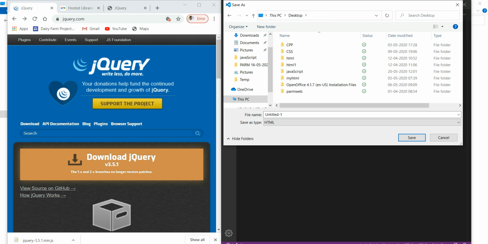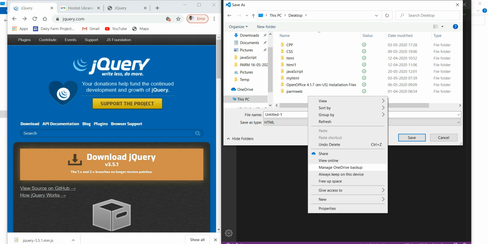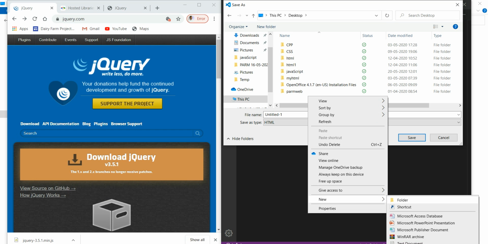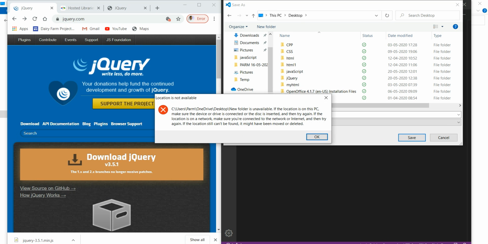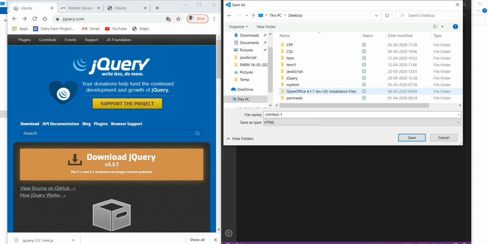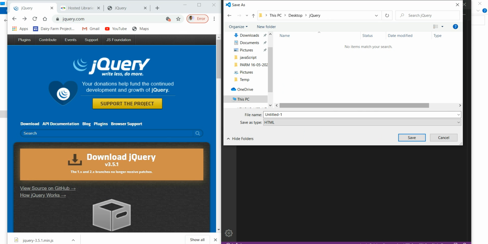I will create another folder on my desktop with the name jQuery, and I'm giving the file the name jQuery too.